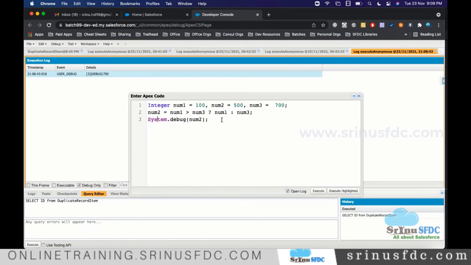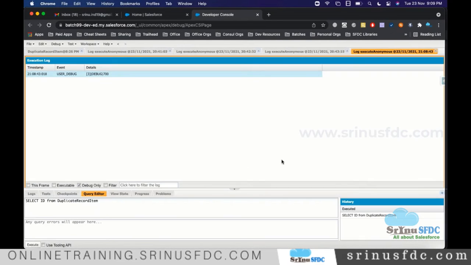So now what I'll do, I am giving this one as 900. Now what will be the number 2 value? This time it will take this one, and now number 2 will be 900, right?